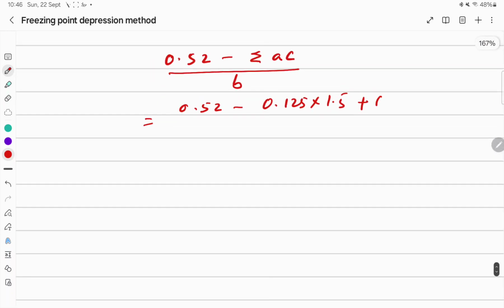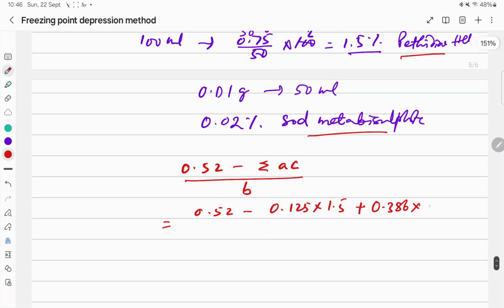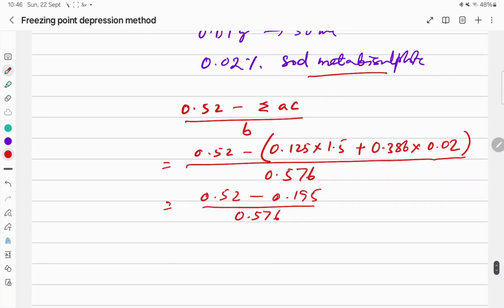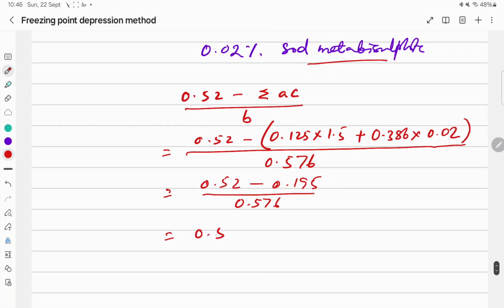So 0.386 into C, which is 0.02. So this divided by B, the sodium chloride freezing point depression, that is 0.576. So if you calculate this, it will be 0.52 minus 0.195 by 0.576. So it will be around 0.564